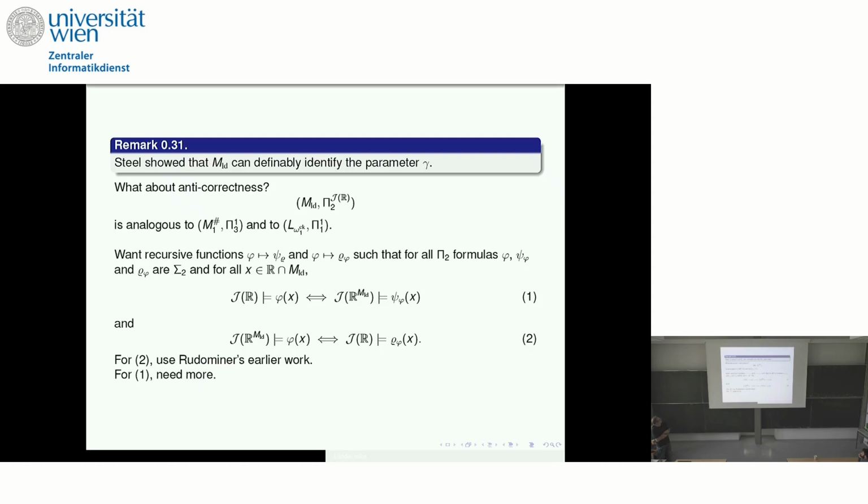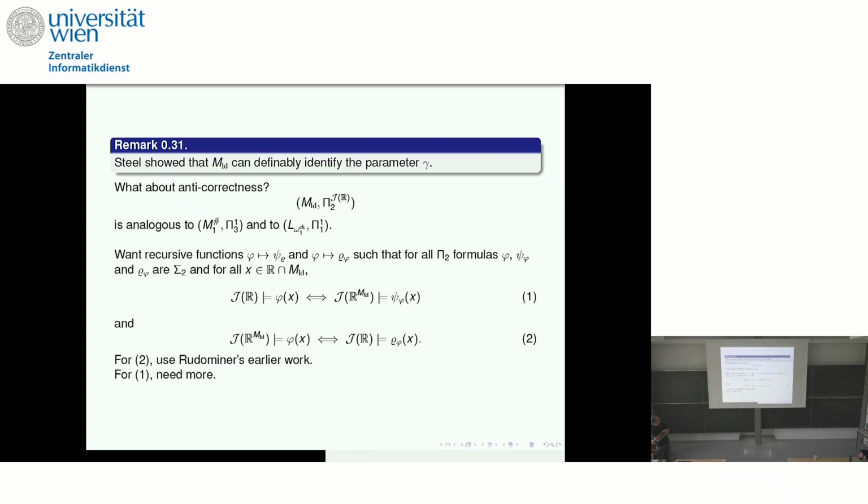So what about that? M ladder with pi 2 over J of R is analogous to these other things where we had the truth inversion. So we want to try to see that, right? We want recursive functions that take any pi2 formula phi and convert them into sigma2 formulas, such that for all reals of M ladder, J of the reals satisfies phi of x, with pi2 phi, if and only if J of the M ladder's reals satisfies the sigma2 formula here, and conversely,